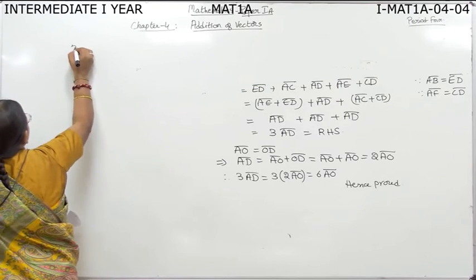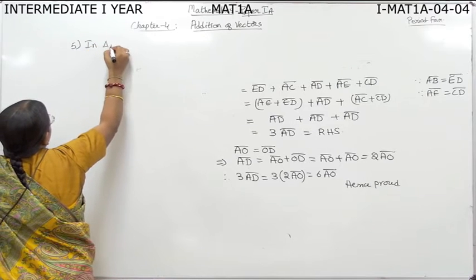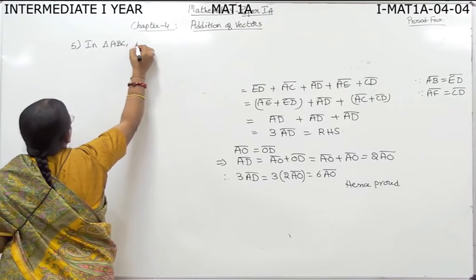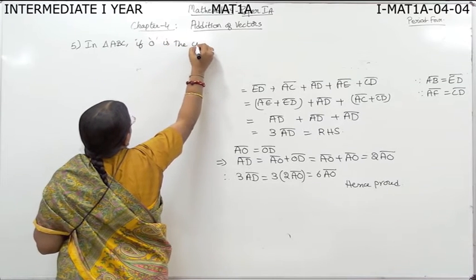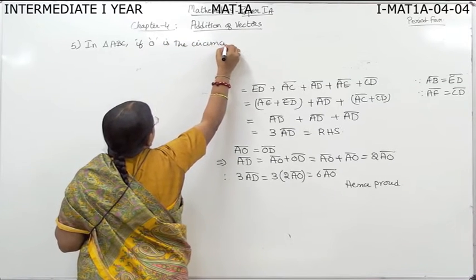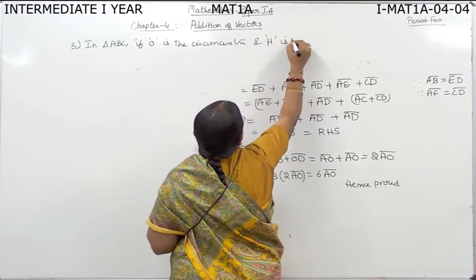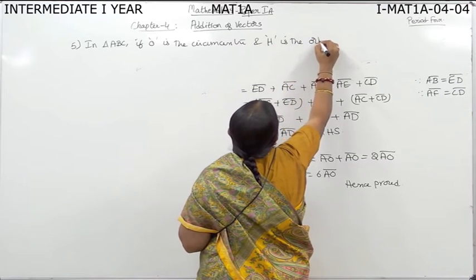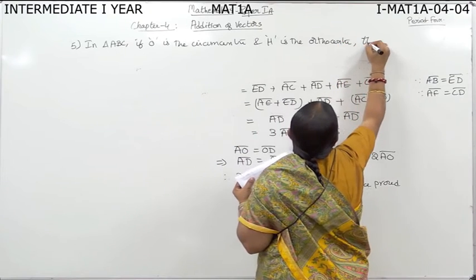Fifth problem. So this is the fifth problem. In triangle ABC, if O is the circumcenter, and H is the orthocenter, then show that